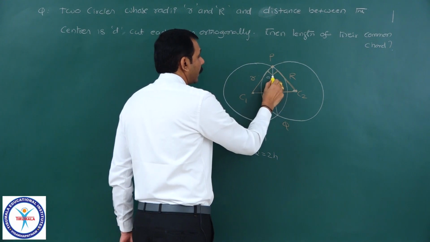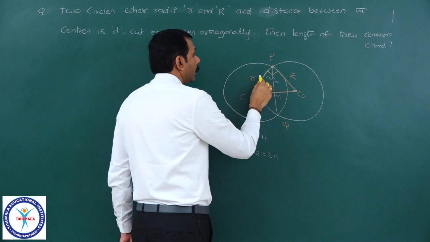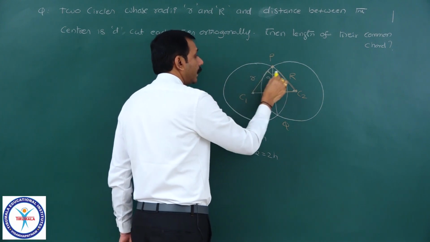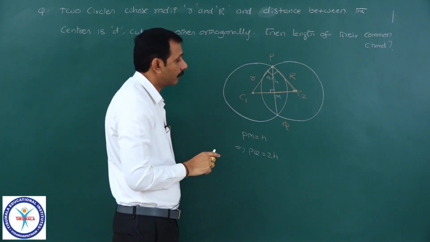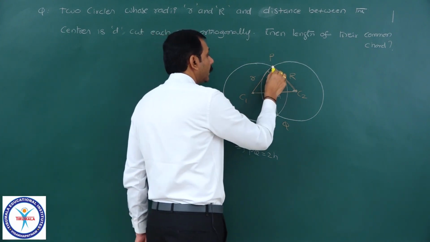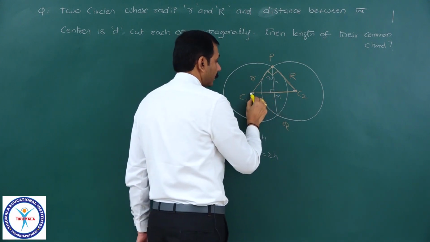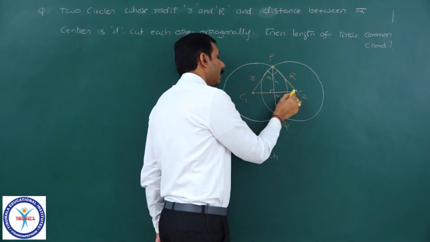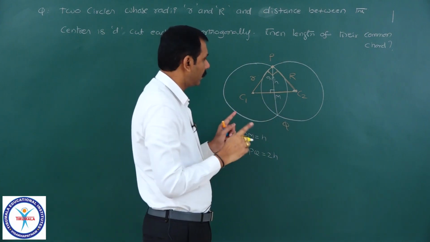Because here this angle equal to 90 degrees, area of this triangle I can take it as half into this side into angle between them. And that area can also be calculated like, because it is the height of the triangle, because here it is common chord means radical axis only we know, and it is the line joining the centers. This common chord must be perpendicular to line joining of centers. That discussion already over.